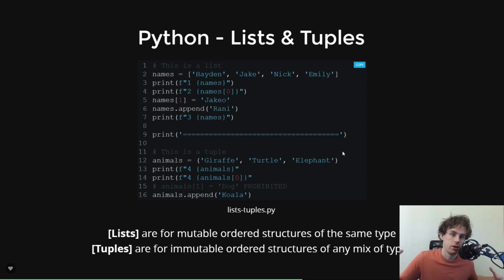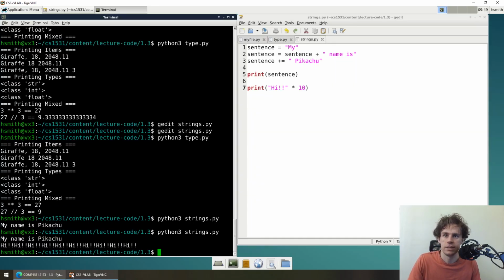You kind of just have these array lists, these linked lists that are just generic concepts of a collection of ordered items. How is it stored? Who cares? That's not why you're using Python. You're using Python to do things easily and quickly. So if we have a look at this code here, which is our list tuples code,